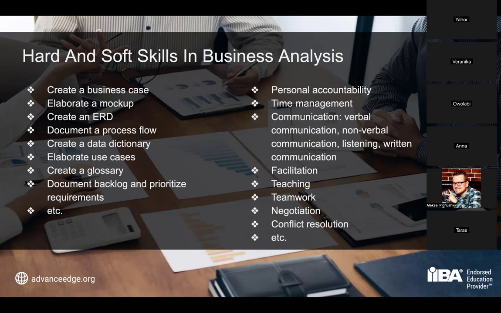These are the hard skills, while the soft skills would be personal accountability. This is when I understand that I have a task, I have to deliver the result that is expected from me, or probably that I have promised, and I want that result to be of good quality so that those people who that result is created for can then further use it in their work. For example, I am working on a business case, and I want this business case to be easily understood and very informative and clear for those key stakeholders who are looking at it and deciding whether they approve or do not approve the initiative, right?